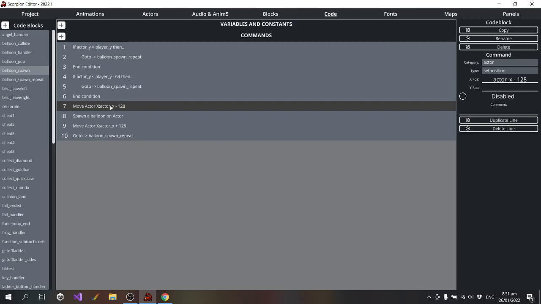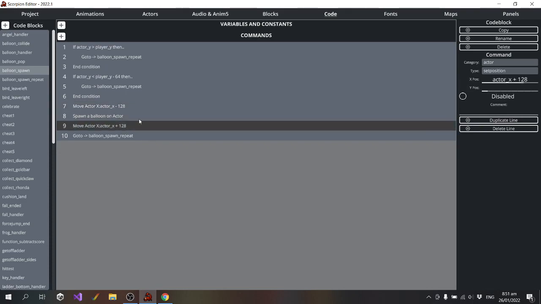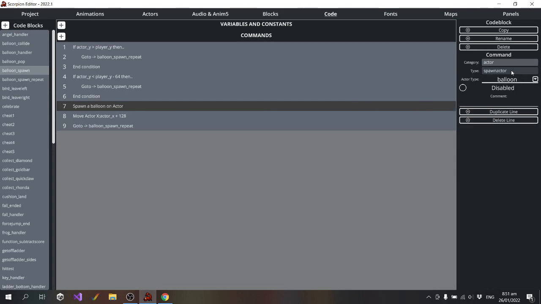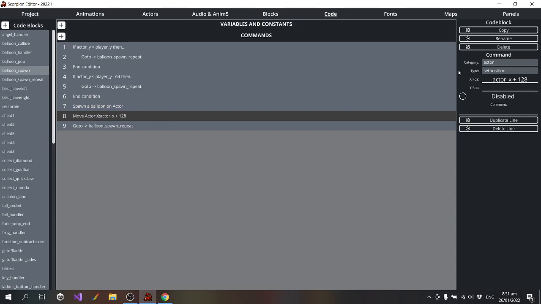I'm going to simplify this logic as well. What this is doing is moving the spawner object, then spawning the balloon, and then moving it back. I don't need to do that anymore, because I've got this feature called new, which says move the balloon to this position.